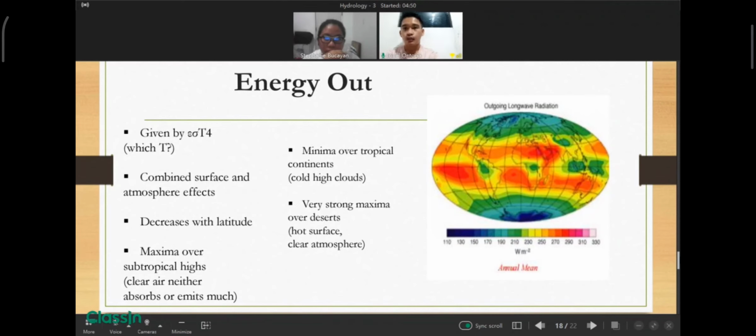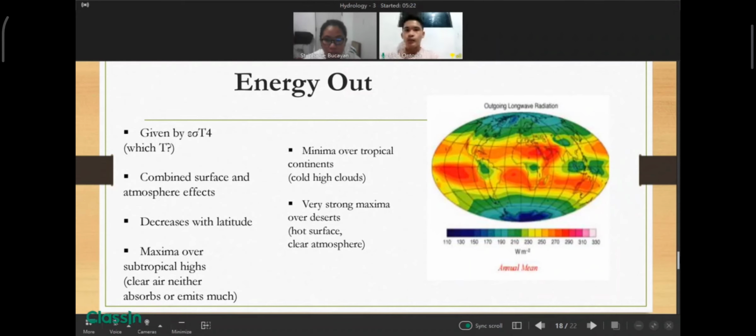Ayan. So energy out is given by combined surface and atmosphere effects, decreasing with latitude, with maxima over subtropical highs where clear air neither absorbs nor emits much. Minima over tropical continents: cold, high clouds. Whereas maxima over deserts: